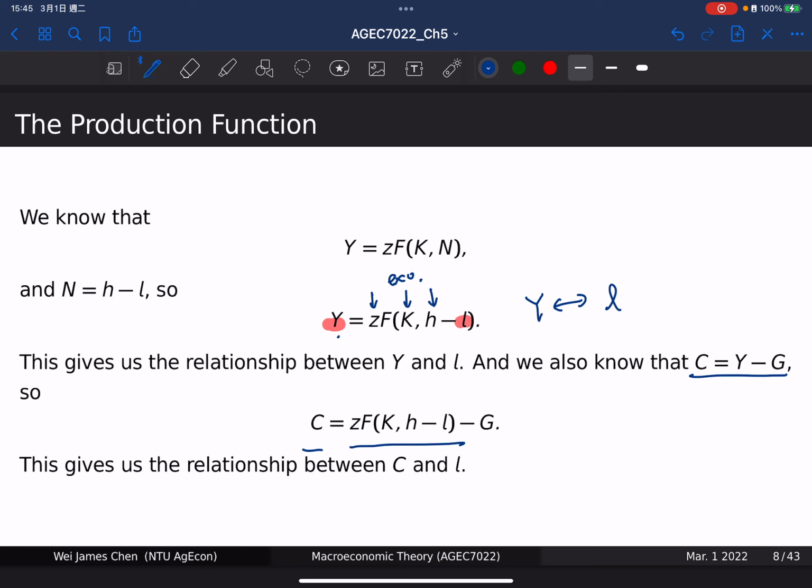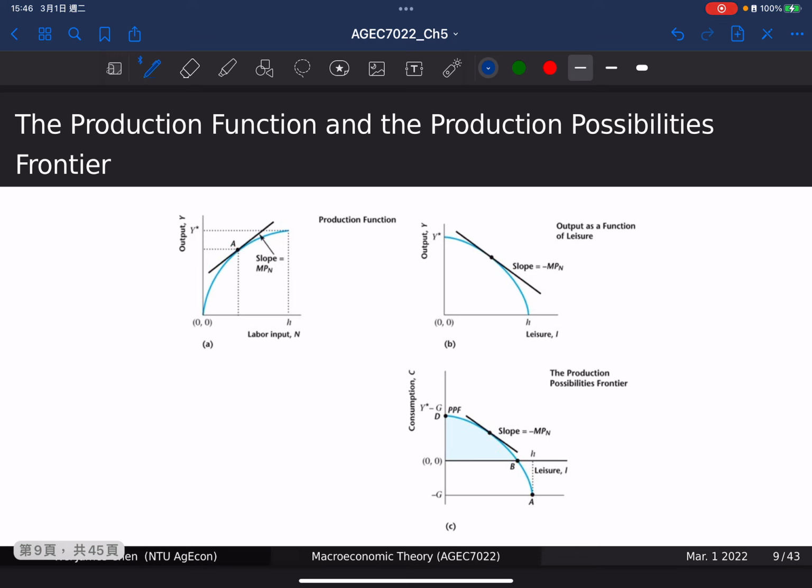I'm just replacing the variable with something we know in equilibrium. And this now becomes a relationship between C and L. This becomes a relationship between C and L, because other than C and L, G is also exogenous. Okay? And if you draw this relationship,